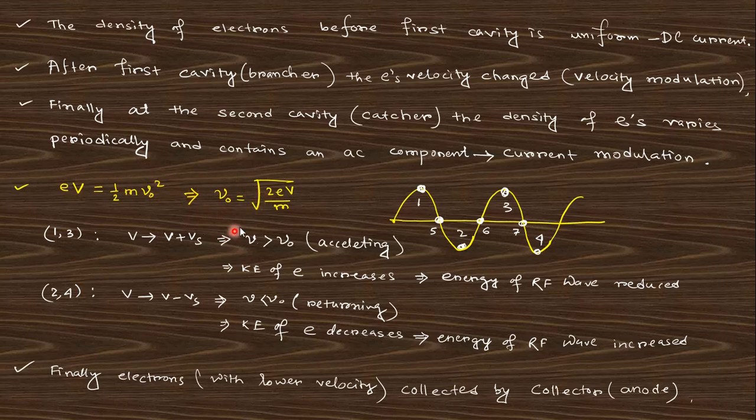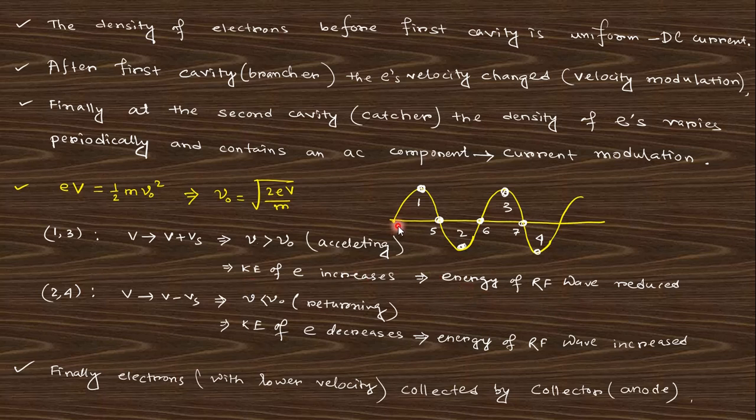You can see here the kinetic energy is transferred into potential energy. The velocity will be sqrt(2eV/m), where V is the potential and m is the mass of the body. Clear? So if we reach that point, the velocity of this particle will increase because of the enhanced potential. How does the velocity of the electron increase? Now the energy is taken from the RF power, that means the amplitude of the RF power will be reduced.